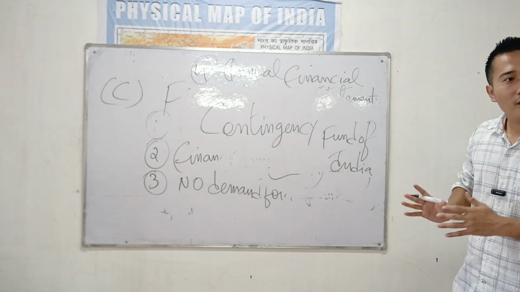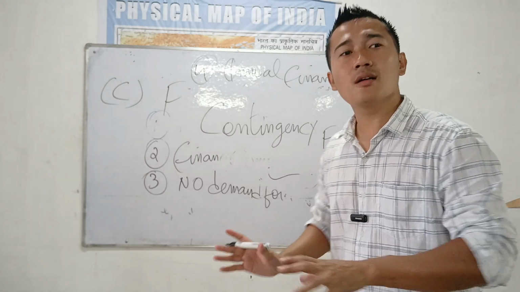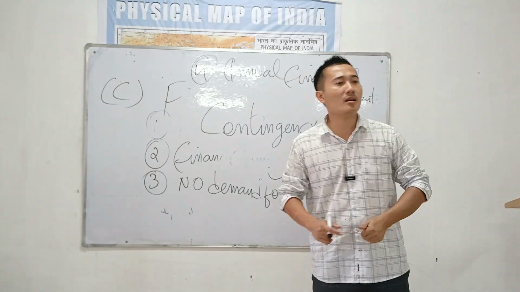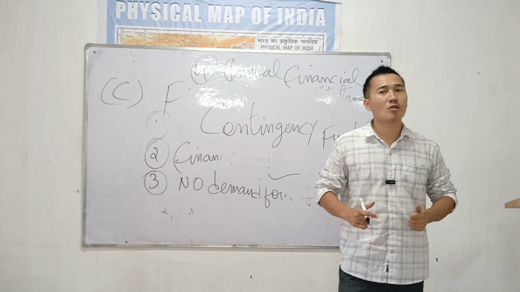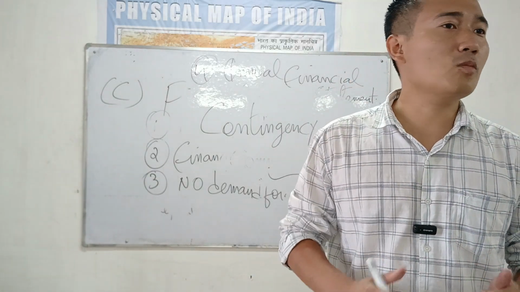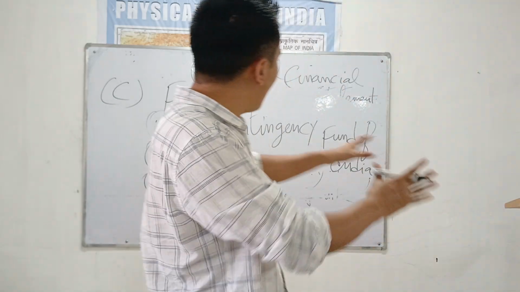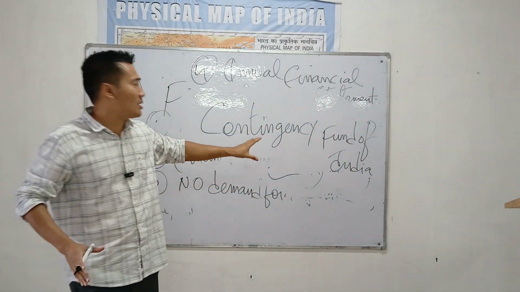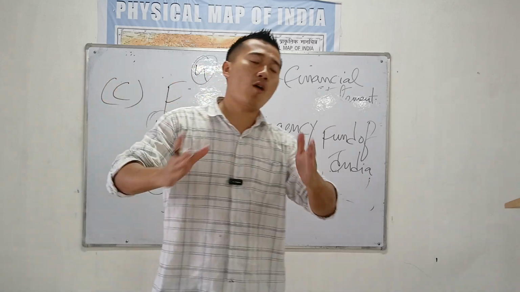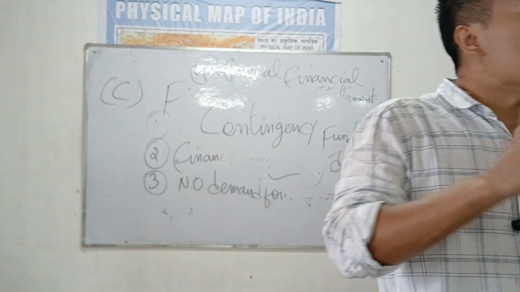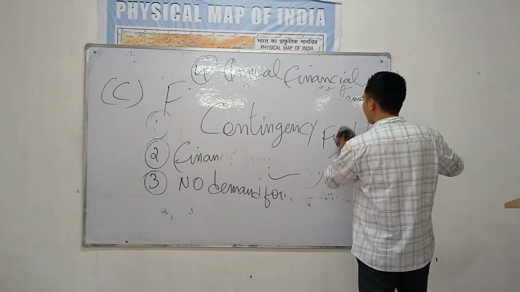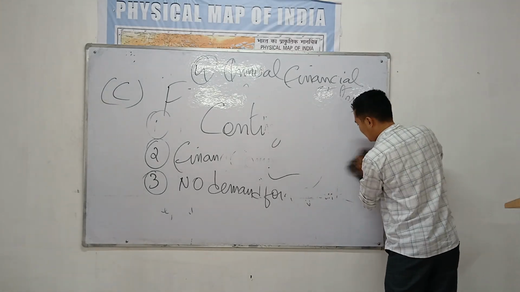From this fund, the President can withdraw some money and give it to those in need. Suppose Maharashtra is having an earthquake, or in Nagaland there is a COVID-19 outbreak. For them we need a special fund. So he can allot some of the funds from this fund known as the contingency fund of India. In the bracket please write down emergency fund of India. Often asked in exams, it is known as the emergency fund of India.